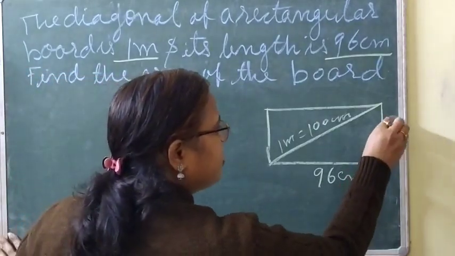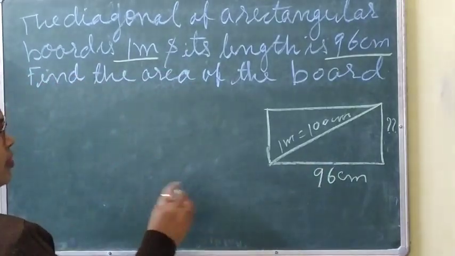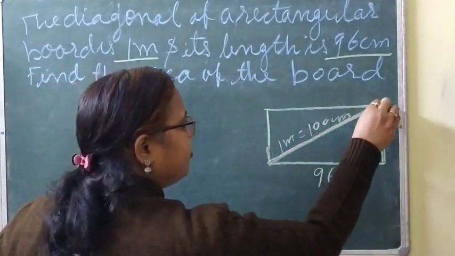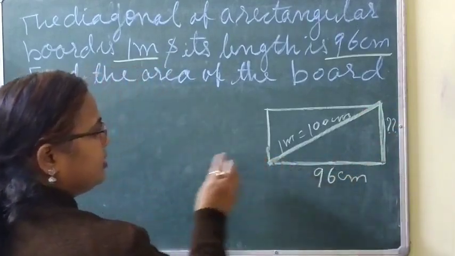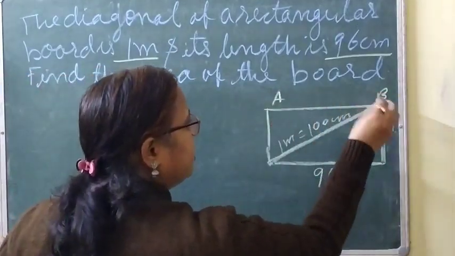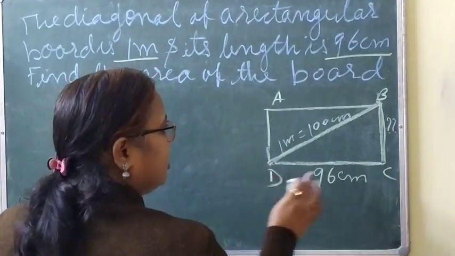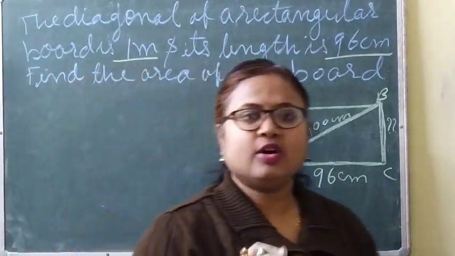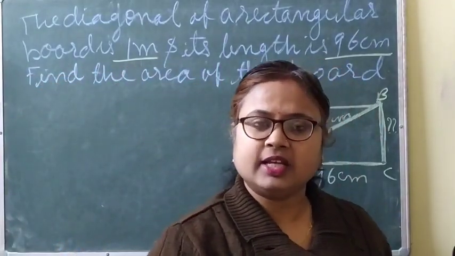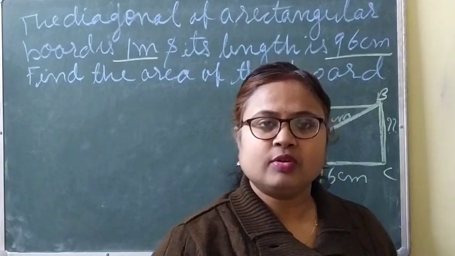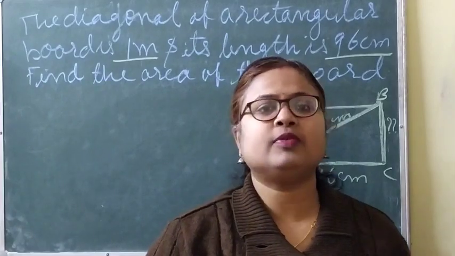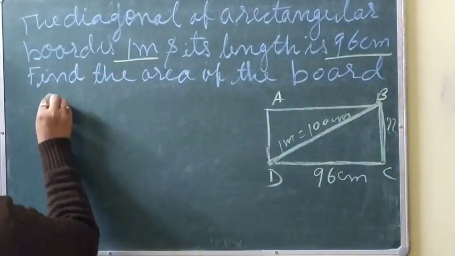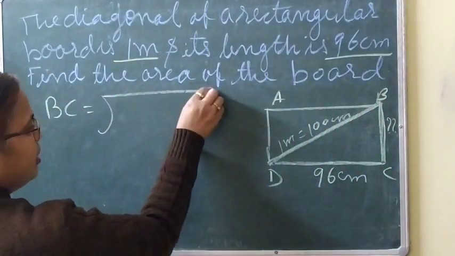Means first we have to find this one. Clear? So how we'll find it? Now I've explained about the Pythagoras theorem. Clear? So according to the Pythagoras theorem, A, B, C, D. Clear? So we will find out what? BC, because area of rectangle is equal to length into breadth. Length is given, breadth is not given. So by following the Pythagoras theorem, we will find first breadth. Means BC we will find out. So BC will be equal to what? BC will be equal to square root of